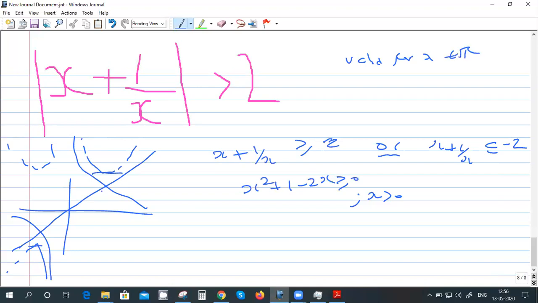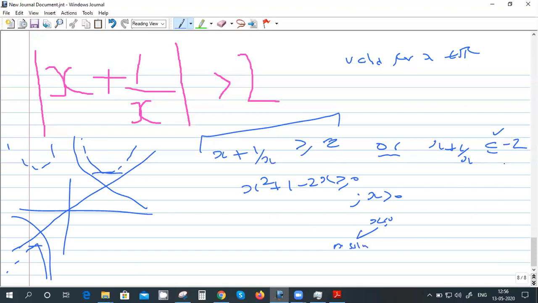This is one way of doing it if you know certain things. Otherwise, you have to do it this way. So basically, you have to consider two cases where x is greater than 0 and x is less than 0. When x is greater than 0, this guy will be this one. So this will be satisfied only for x less than 0. If I take two cases, one is x greater than 0 and another x less than 0, when I assume x greater than 0, no solution will come.